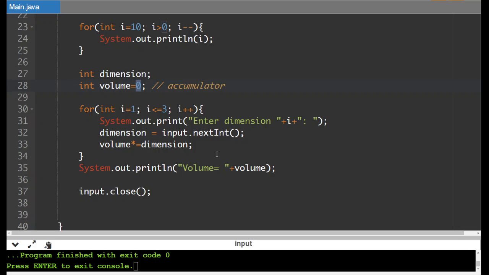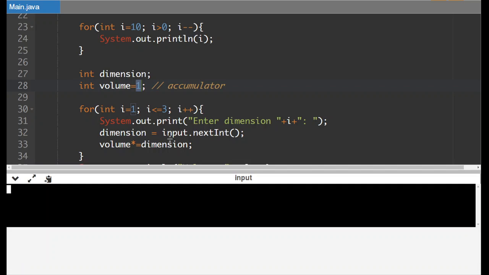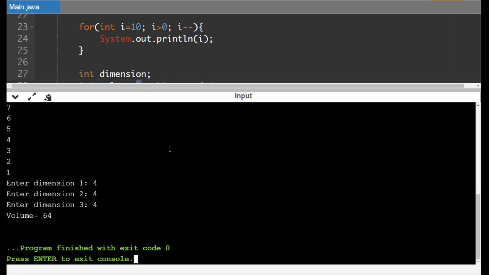So when you're doing a multiplying accumulator, you always want to initialize it as 1. So now we can go 1 times 4 times 4 times 4. So if I run this again, so that's, I'll go 4 and 4 and 4, and then we get that our volume at the end is